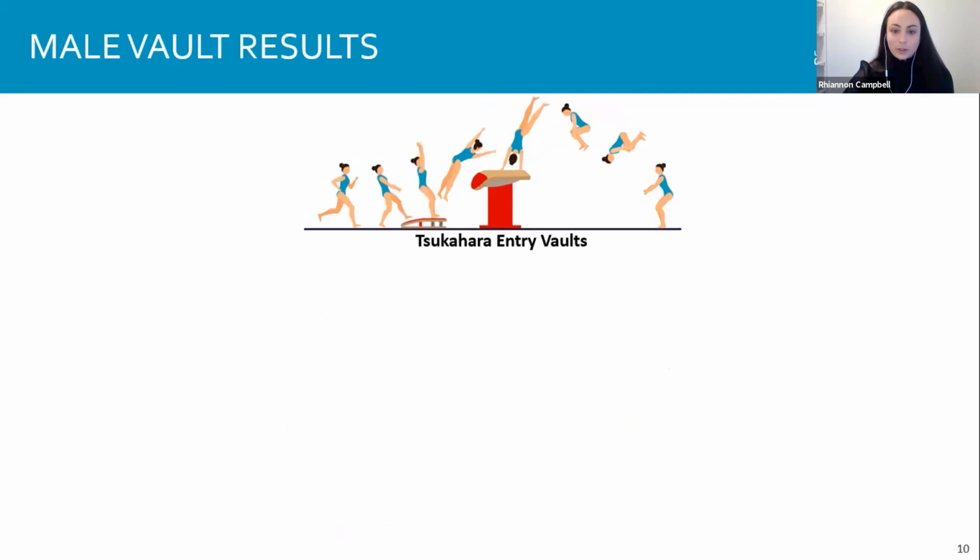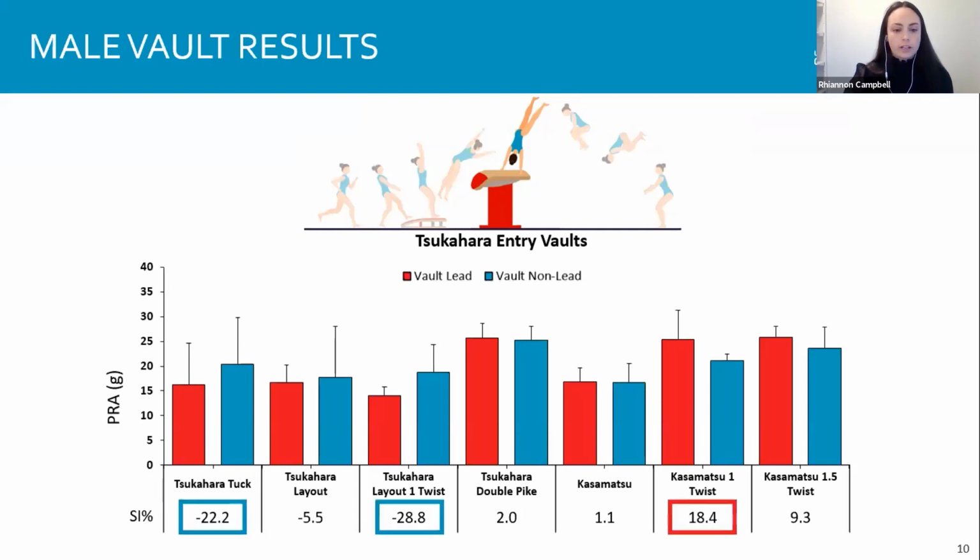And finally, the Sukahara entry vaults. So during a Sukahara, a gymnast will take off from the springboard and proceed towards the vault in a forward entry position, but they will perform a half turn prior to contacting the vault. So there's a 180-degree turn before hitting the vault. There's only one hand contact phase that occurs here as well, so only one is analysed. So during the Sukahara tuck, the Sukahara layout full twist, and a Kazamatsu full twist, we did see asymmetries present